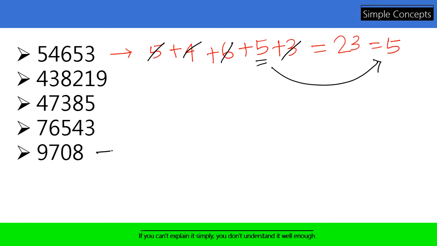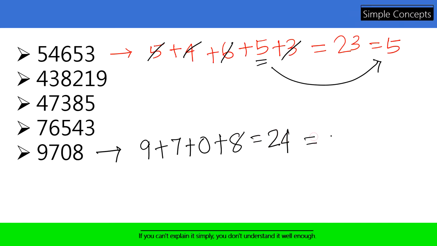So let's look at this number. Let's first just add it. 9 plus 7 plus 0 plus 8. So this is 9 plus 7 is equal to 16, plus 8 is equal to 24. So digit sum is 4 plus 2 is equal to 6. What I told is, if we use the same technique of phasing out 9, phase out 9 here. 7 plus 8 is equal to 15. 5 plus 1 is equal to 6. So you get the same digit sum. Our calculation becomes faster in this way.